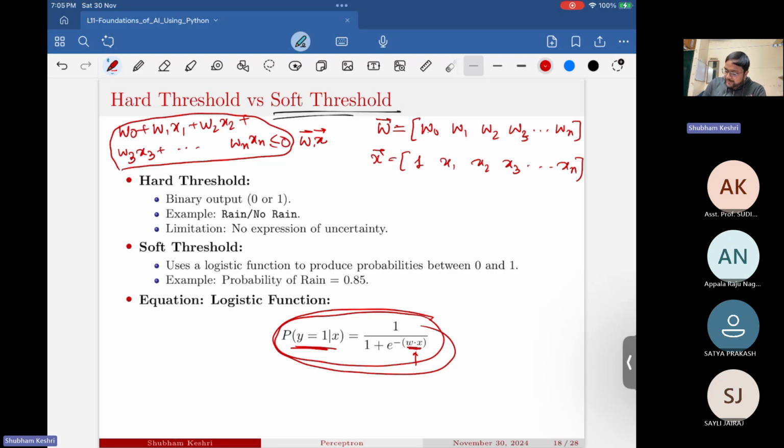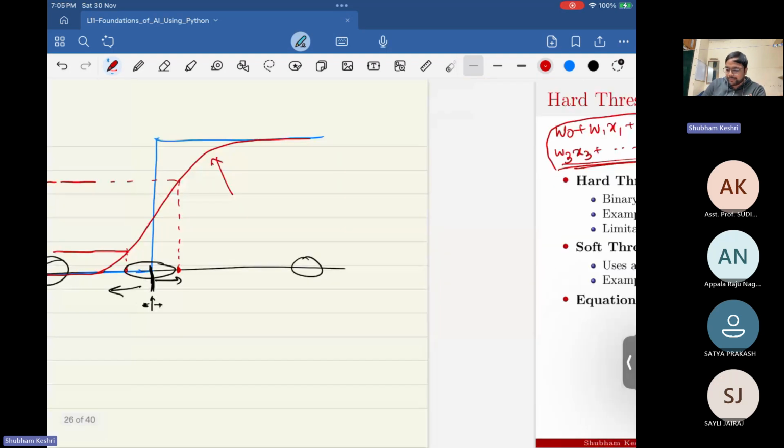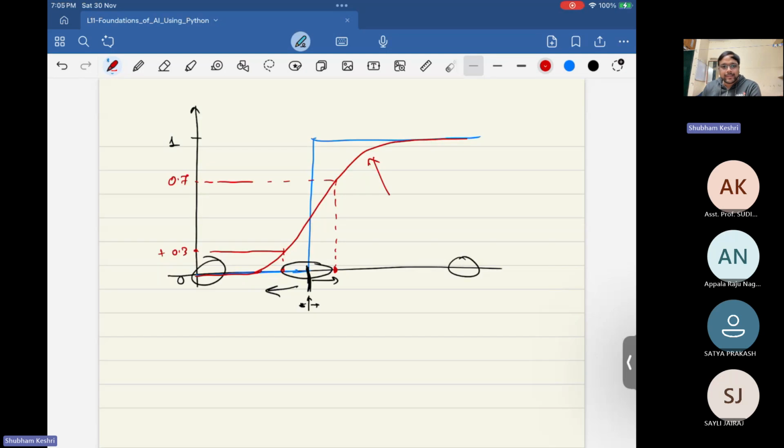We will put it in this function, 1 by 1 plus e to the power minus W dot X. So this W dot X is this. Whatever this value is, it will give a value between 0 and 1, and this is the equation of that function. And therefore we obtain a probability,